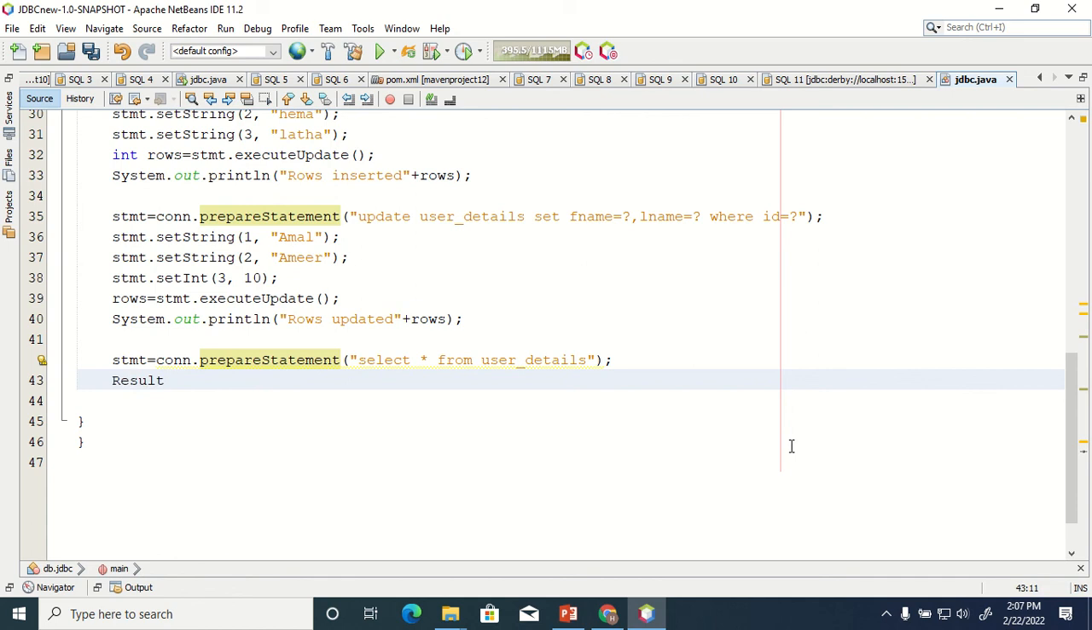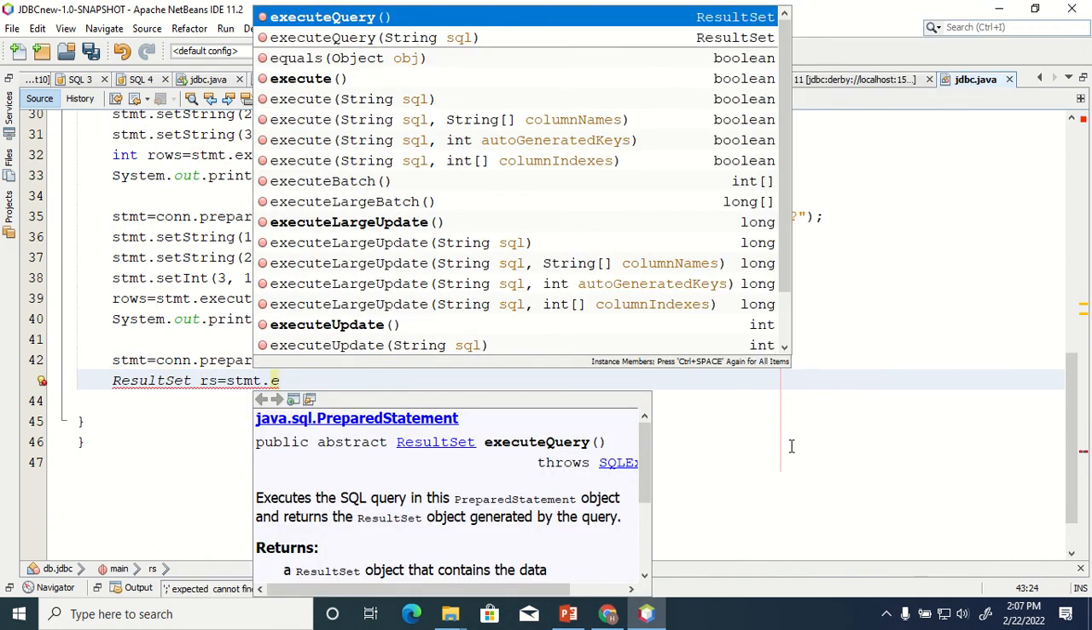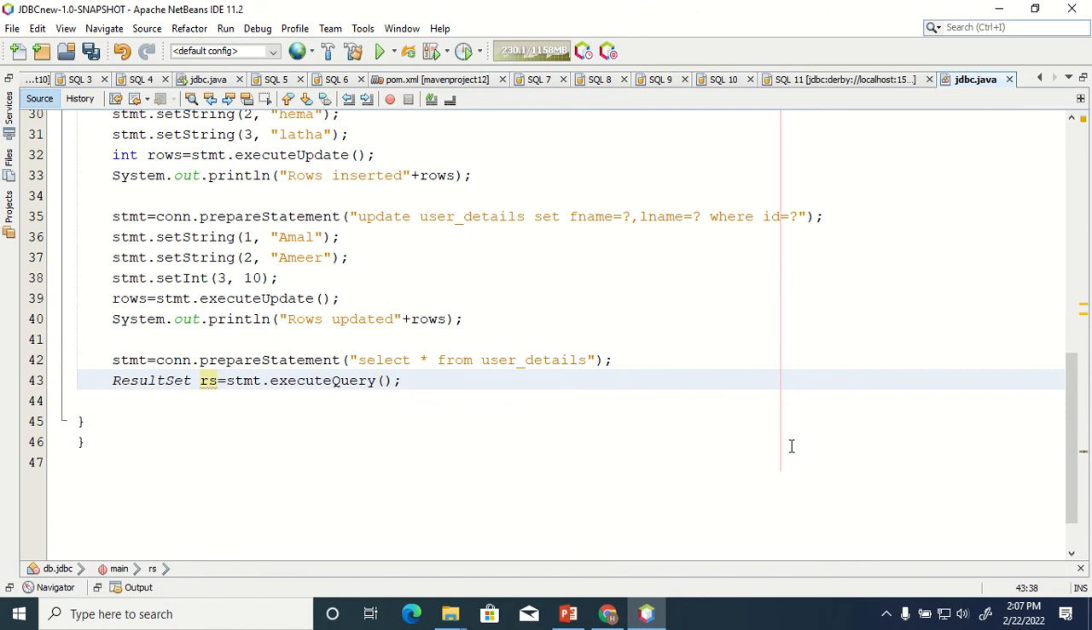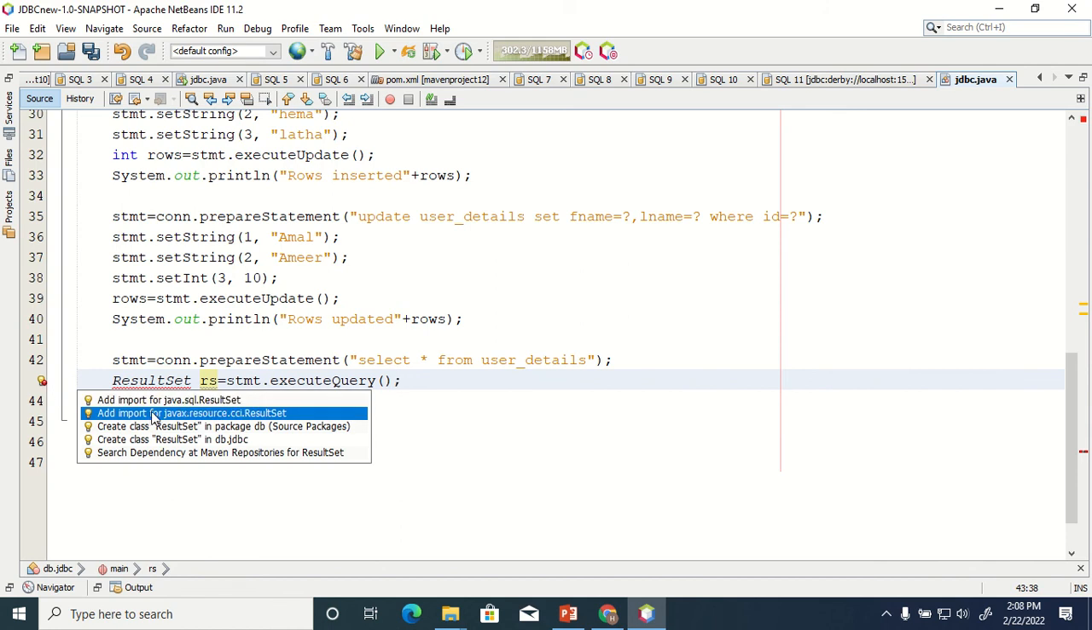So let me declare the result set. ResultSet rs equal to, I will just execute the statement. So we have to call executeQuery. For select, you have to call executeQuery. For insert, update, and delete, you have to call executeUpdate. ResultSet is again a class name, so import the